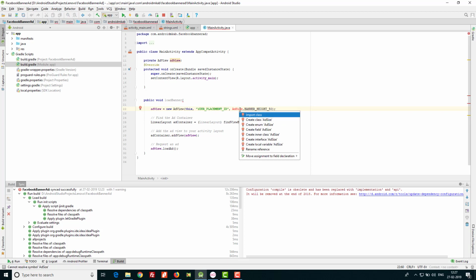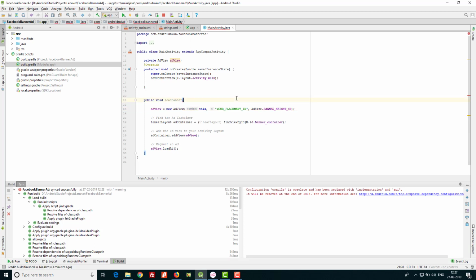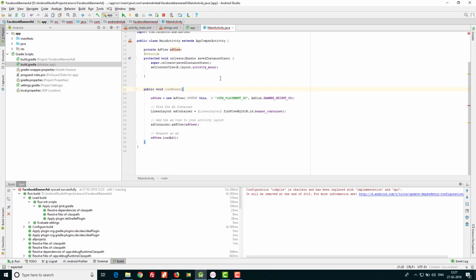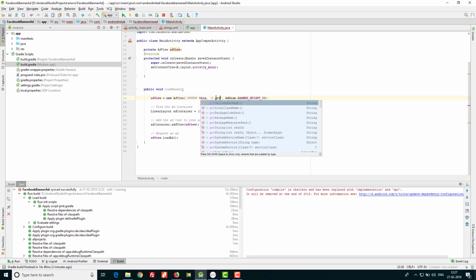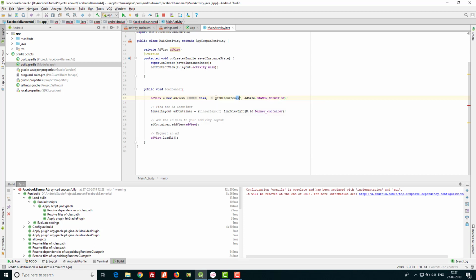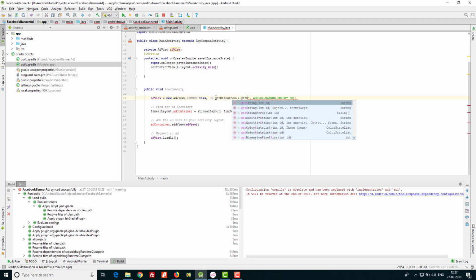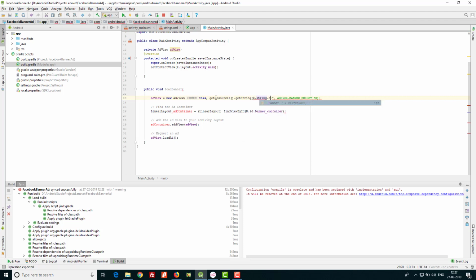And here you have to paste your ad id. You can directly paste the ad id here, or you can do it like this: get resources dot get string, R dot string dot banner.